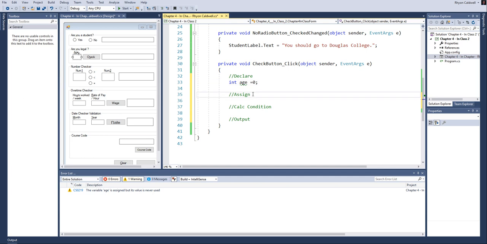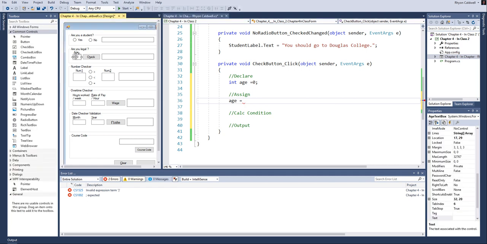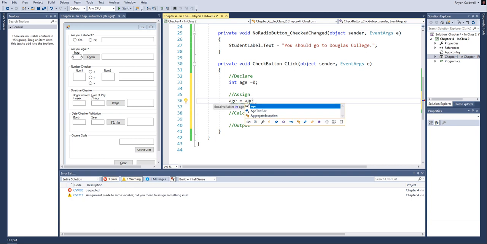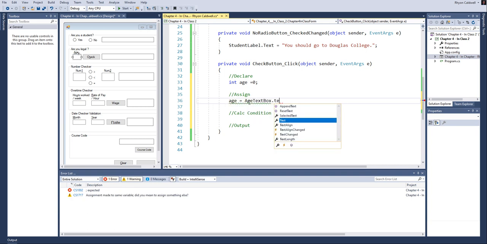And let's go down to the assignment statement. Now that we've got the variable set up, what we want to do is assign age to it. So we're going to go back in and type in age is equal to, and what do I want age to equal? I want it to equal whatever was typed into this text box. And that text box, if I click on it, you can see over here it's called age text box. Your naming convention might be slightly different than mine, but that's fine. So I'm going to type in age text box dot, and then I'm going to use the property called